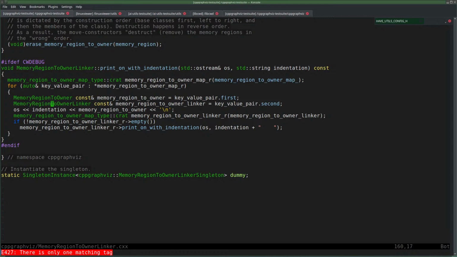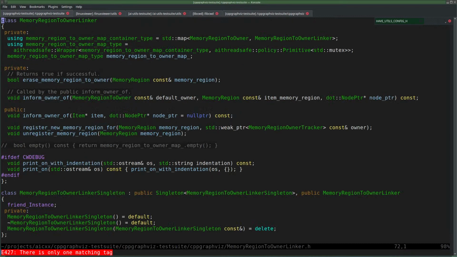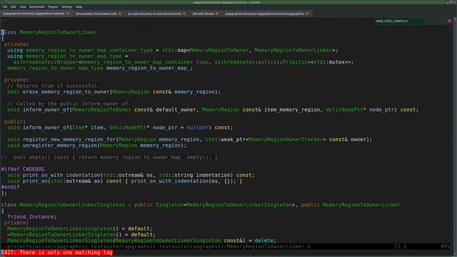I get the memory region to owner linker object here, and then I call empty. The thing doesn't even have an empty. Oh, that doesn't have an empty because of this. Right, I deleted the empty. That was the reason. Yeah. Oh, sorry, I got confused. But yeah, the reason that I commented it out is correct, because